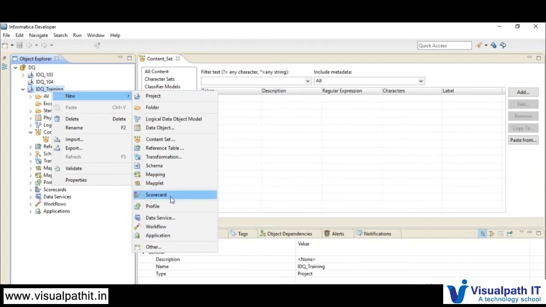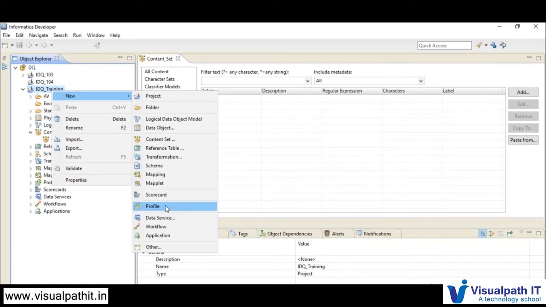The next one is that we can create a scorecard. Before going to the scorecard, we will cover profile, because the scorecard is dependent on profile. We saw profile in yesterday's class: how we do the profile and what profile results we get. This helps us know the insight of your source data, by column-basis information. So you will have the profile result in place.